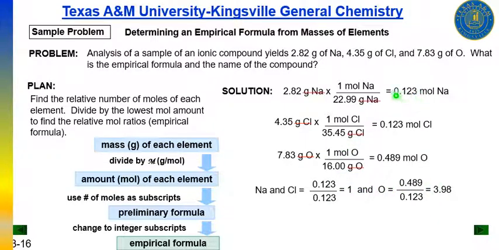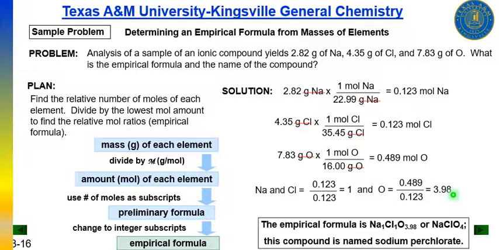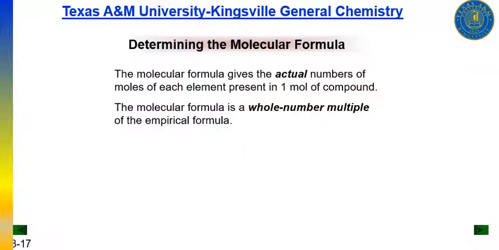And then you divide by this 0.123 to convert those numbers to whole numbers. Sodium and chlorine become 1 and 1. Oxygen is approximately 3.98. Your empirical formula will be Na1Cl1O3.98. This 3.98 can be rounded to 4. So the formula will be NaClO4. This compound is named sodium perchlorate. Next class, we are going to determine